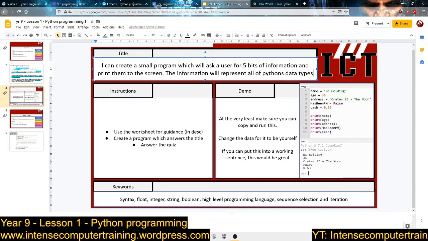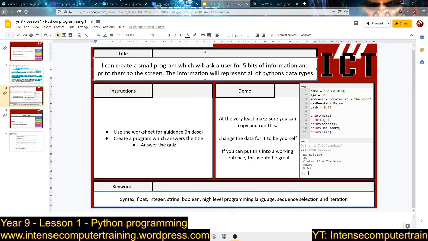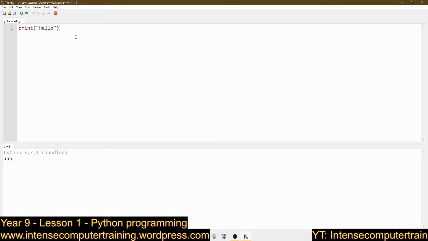In Python, there's like different containers of information. When you look at a computer screen like this, everything on here will be held in memory. It is a different type because the computer needs to know how to deal with it. So if I go back to my Thonny, I'm going to use Thonny by the way because I think it's just really good, this program. It's so nice just to look at. It saves the last thing you opened.